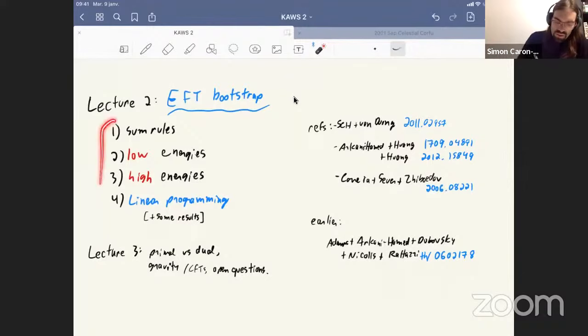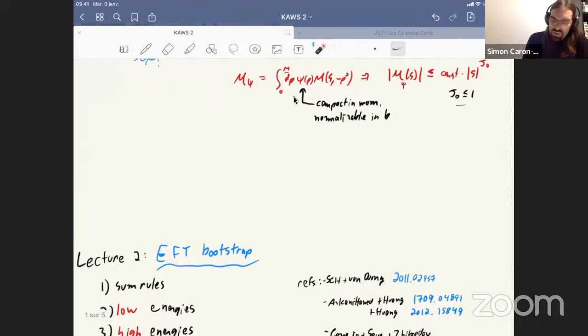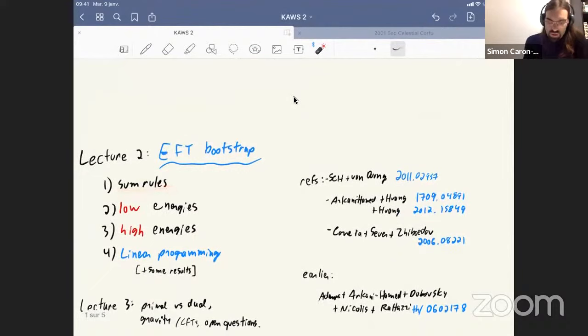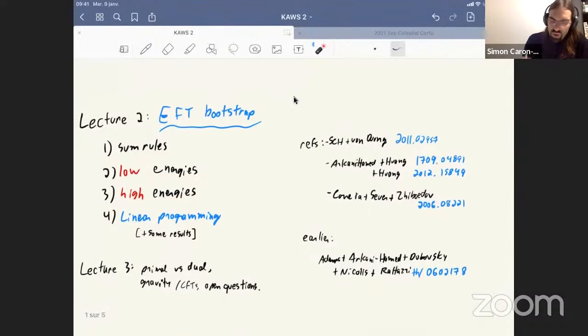So this lecture is again going to be split into a few short parts. I'm going to explain first how these analyticity properties and the things I've just mentioned give rise to some sum rules that connect low and high energies, and then I'm going to go in depth into these factors. For all of these topics, I will introduce the ideas for scalar fields and then discuss how they generalize when you have spins and richer setups.